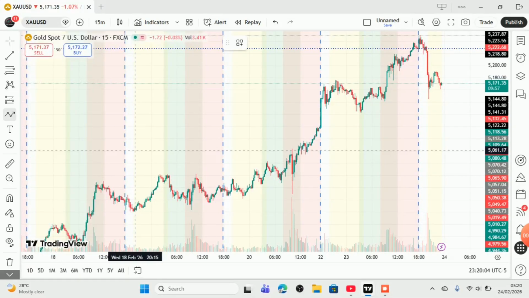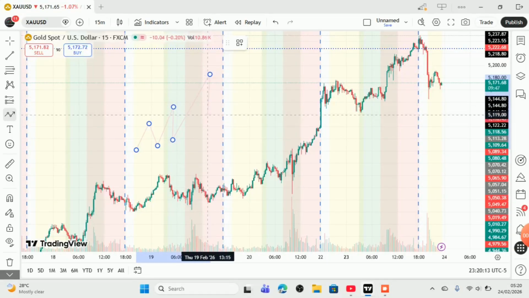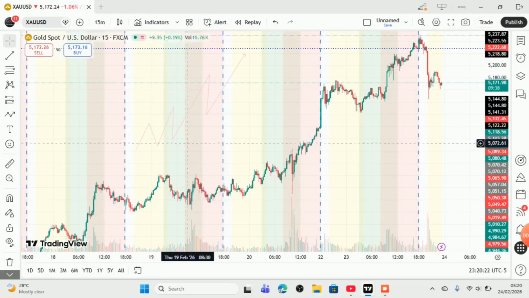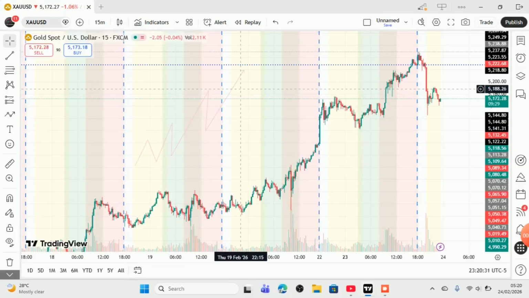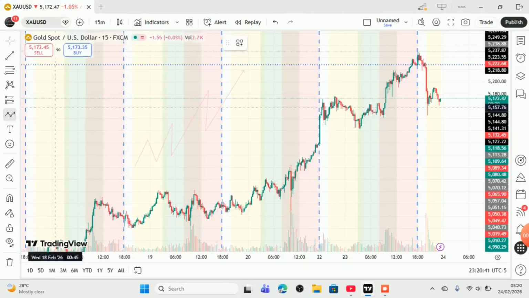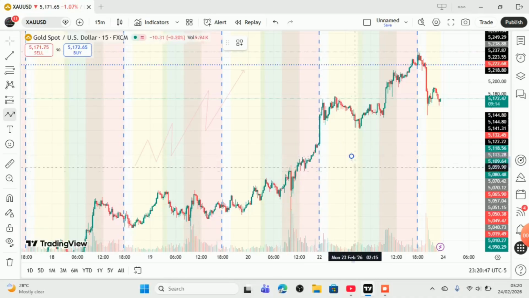it will create a pattern, something like this: up, down, up, down, up, down. Do you understand? Up. So this is the structure the market is creating. As it's moving up, it's creating this structure: up, down, up, down, up, down, up. So this is an uptrend. Let's see the downtrend part of it. If it's falling, the same thing: down,